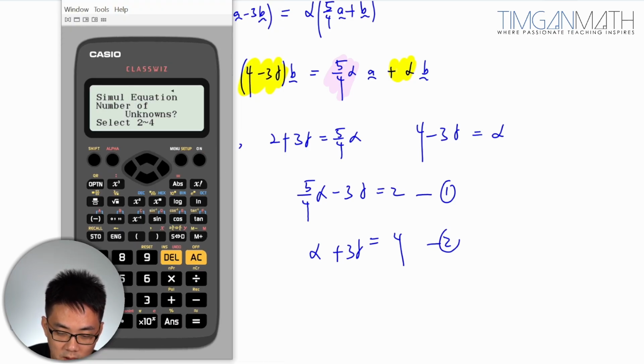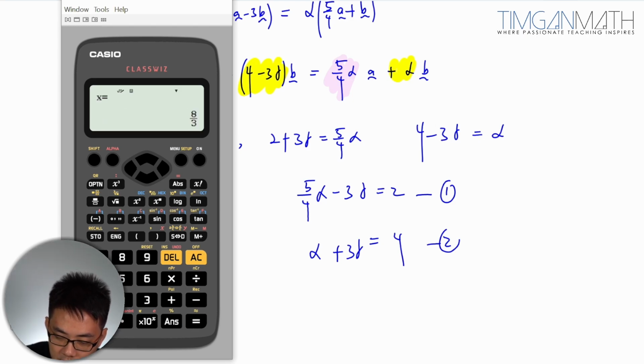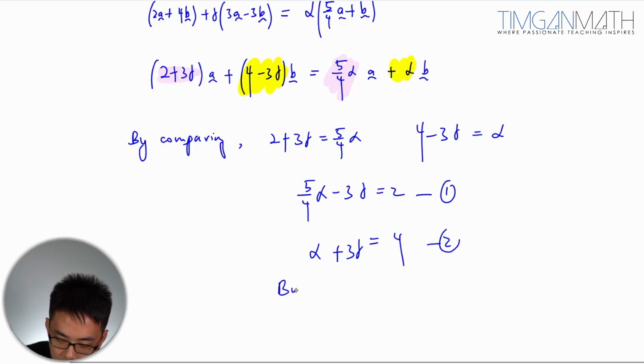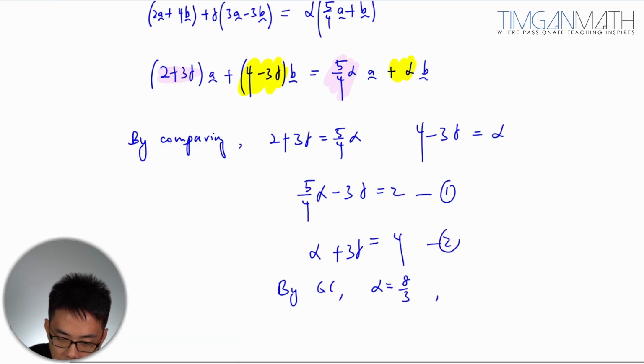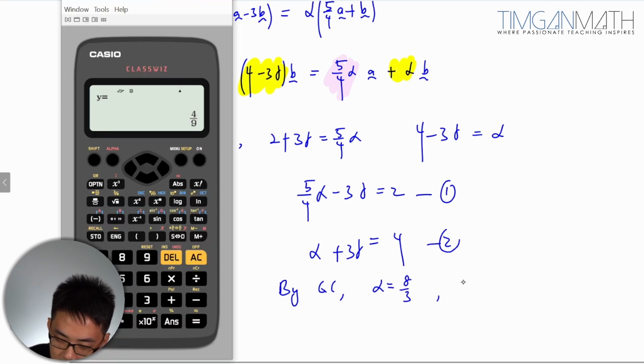So simultaneous equation, just use your calculator and solve it. So -3, 2, 1, 3, 4. There'll be alpha is, okay, alpha is 8 over 3 and gamma is,